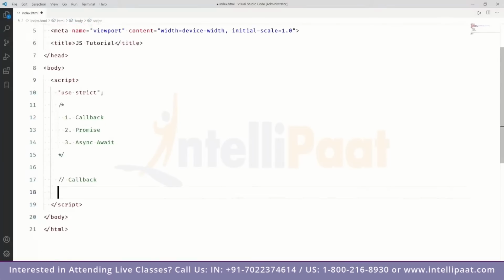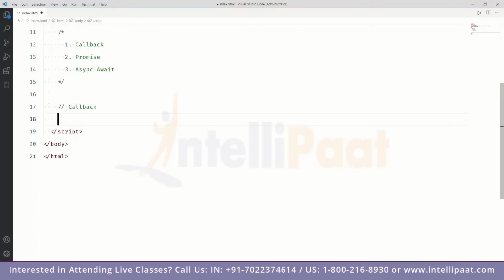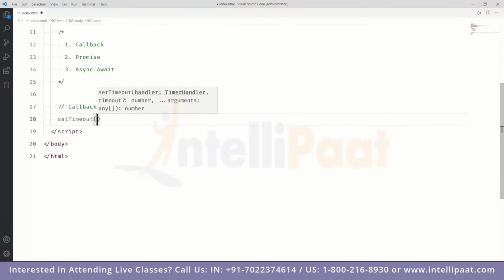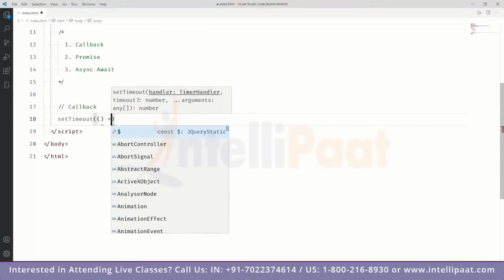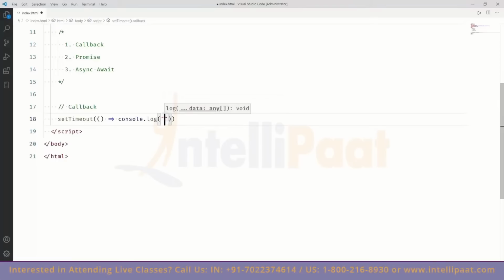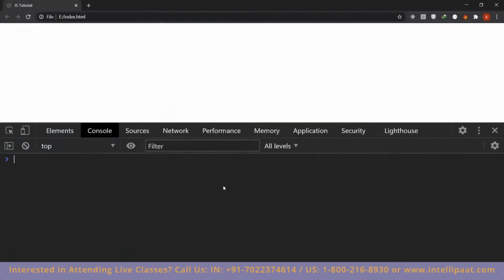So the best example of callback in JavaScript is the setTimeout function. SetTimeout basically takes in a handler and a timeout. So if I pass in the handler, it will basically be console.log, and the timeout is going to be, let's say, 5000. Now if I go back to my code, refresh, wait for 5 seconds, 1, 2, 3, 4, 5, and this